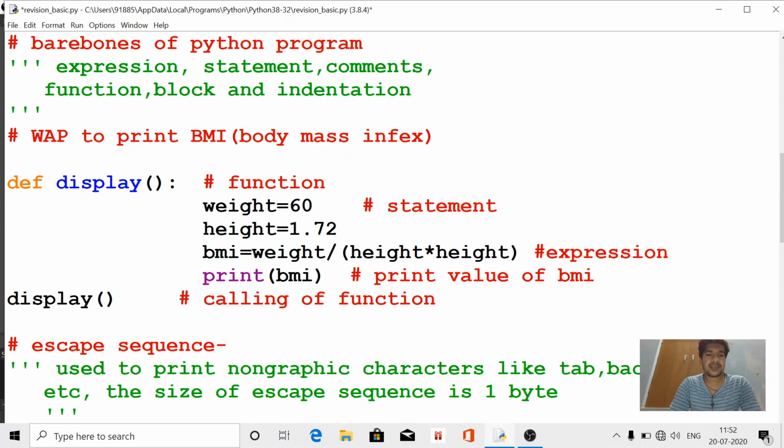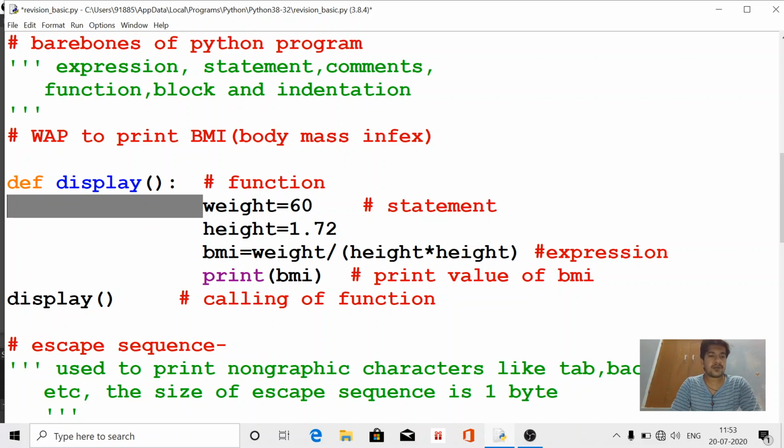This space is called indentation. This is the same in all 4 lines. This space amount is 4 spaces from the beginning of the line. This is called indentation, that is used to separate the code.